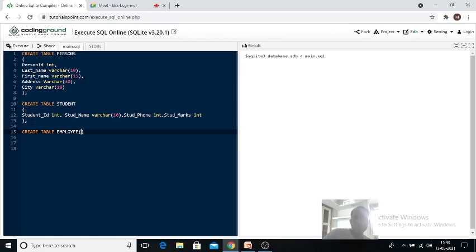Open braces. Employee ID, emp id, it is of type int. Comma. Employee name, emp name.